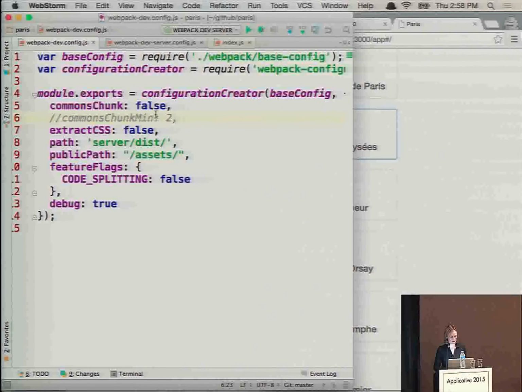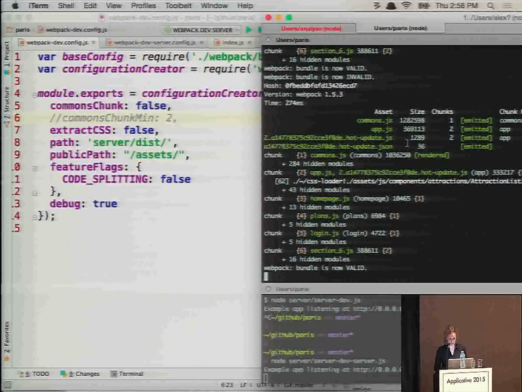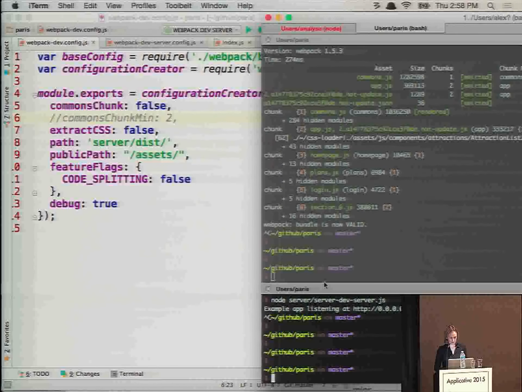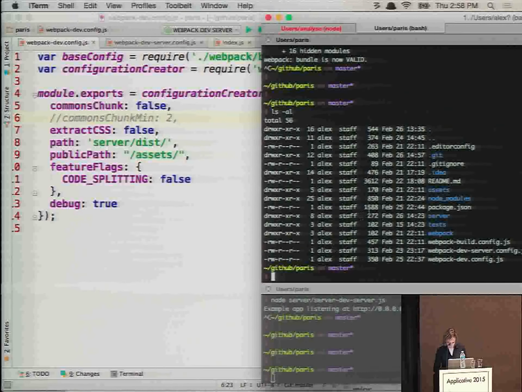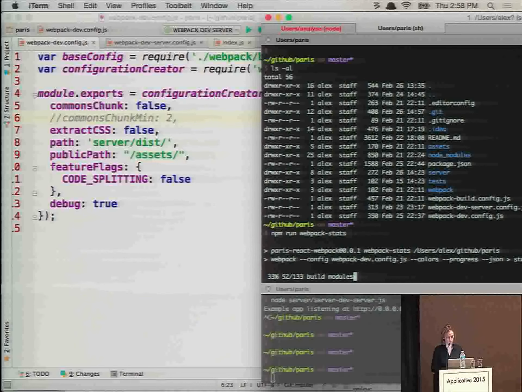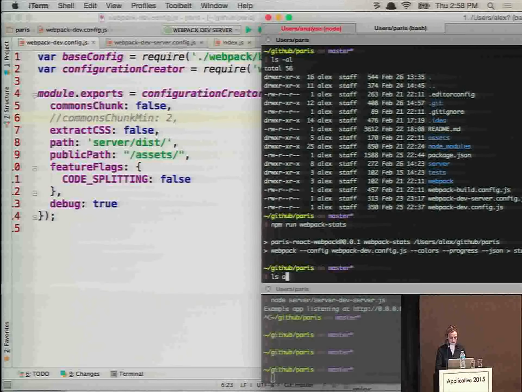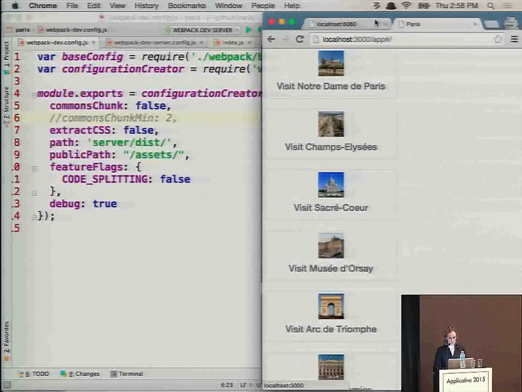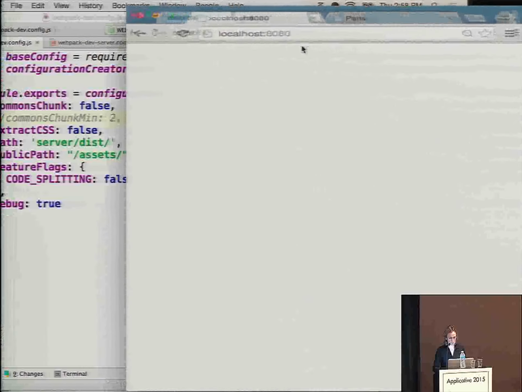So I have one for creating a common bundle. I need to switch back to the old configuration. But before I even do that, I'm going to create statistics about the bundles we have right now. So it's going through all the bundles, and it created statistics right here. Webpack comes with an analysis tool, and you can actually know